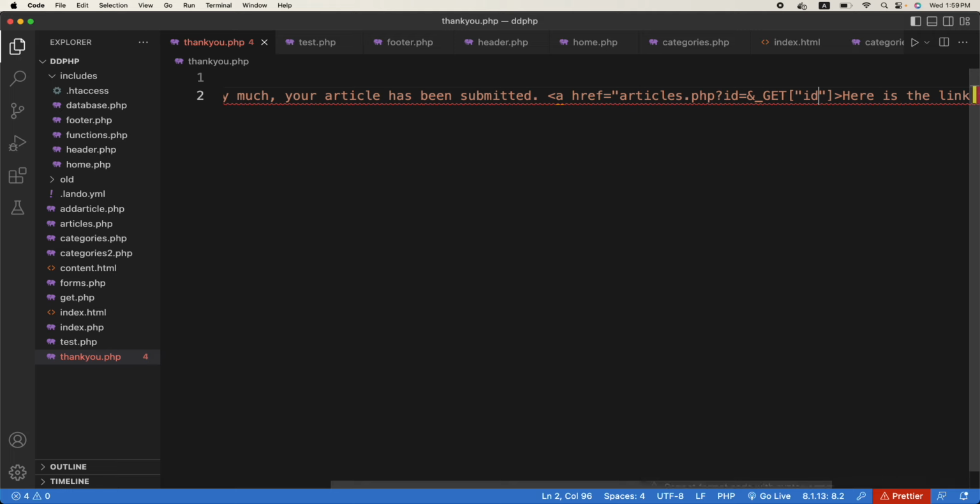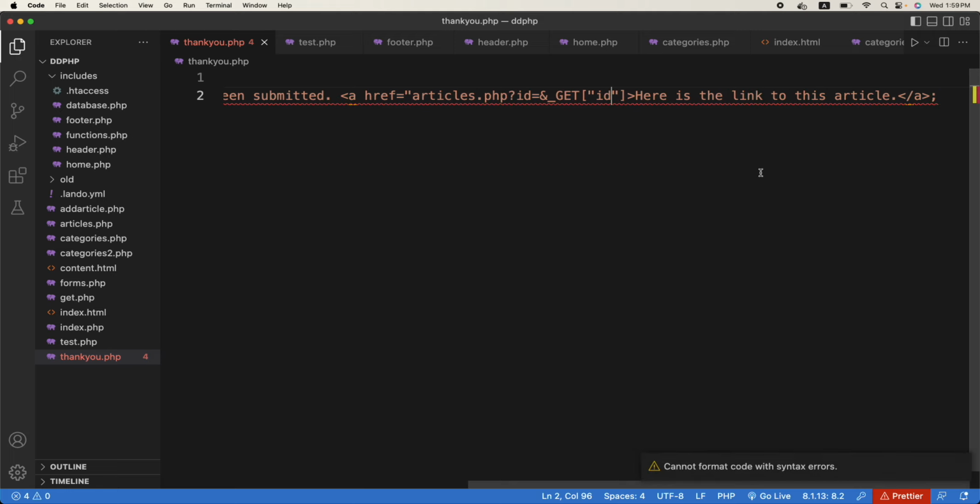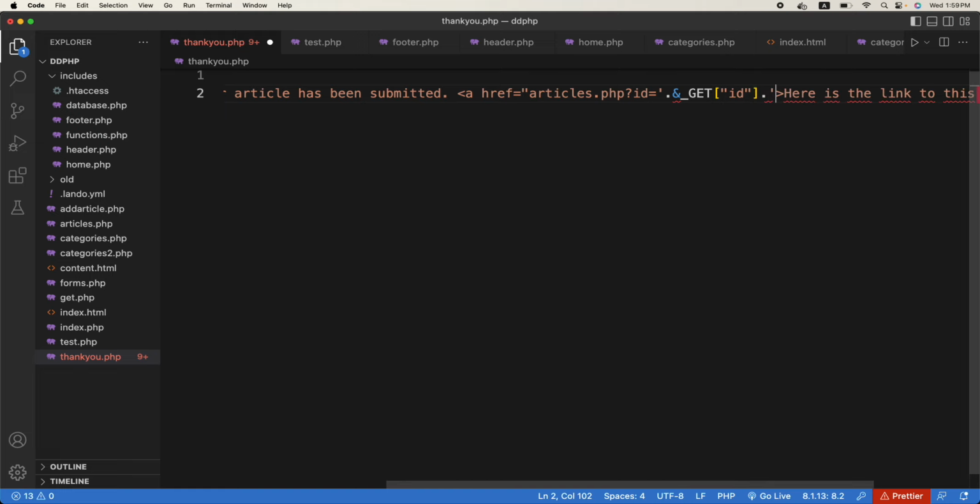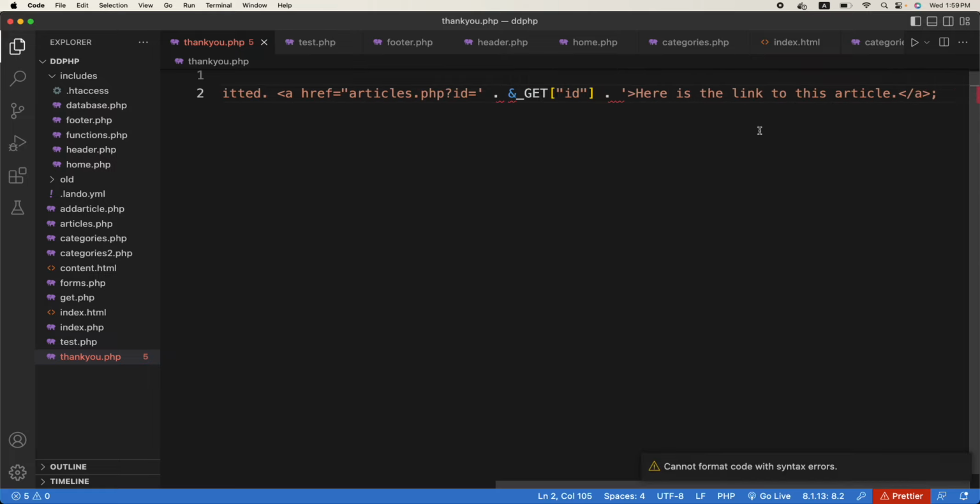Okay, so now it is going to be a dynamic page, but we need to do some concatenation first. So up to here we should enclose it, then dot, and then dot, and start it again like this. As I said, I related concatenation with the driving. Once you are used to it, it will be automatic for you,